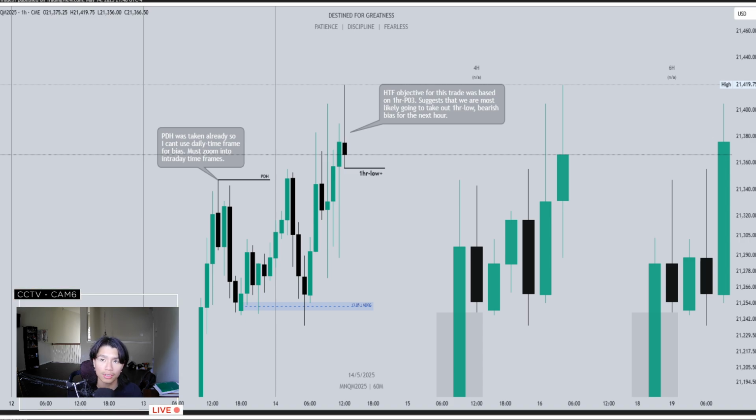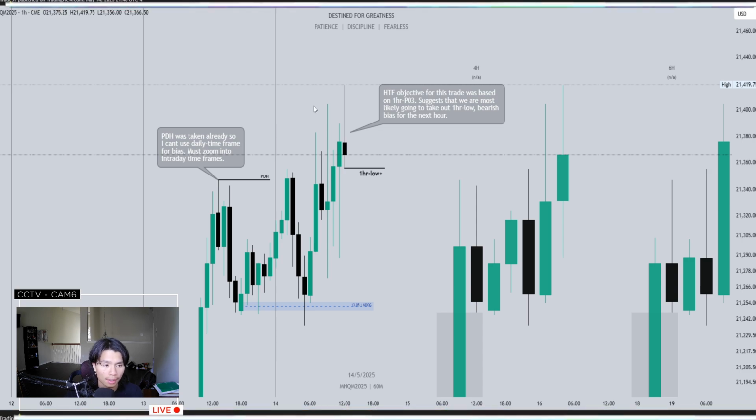So that means on the lower time frames relative to the hourly time frame, I have to find some sort of bearish model that aligns me with the bearish hourly order flow. So what I mean by a lower time frame relative to the hourly is the 15 minute or the 30 minute. One of those two time frames will provide me with a model that aligns with the hourly bearish